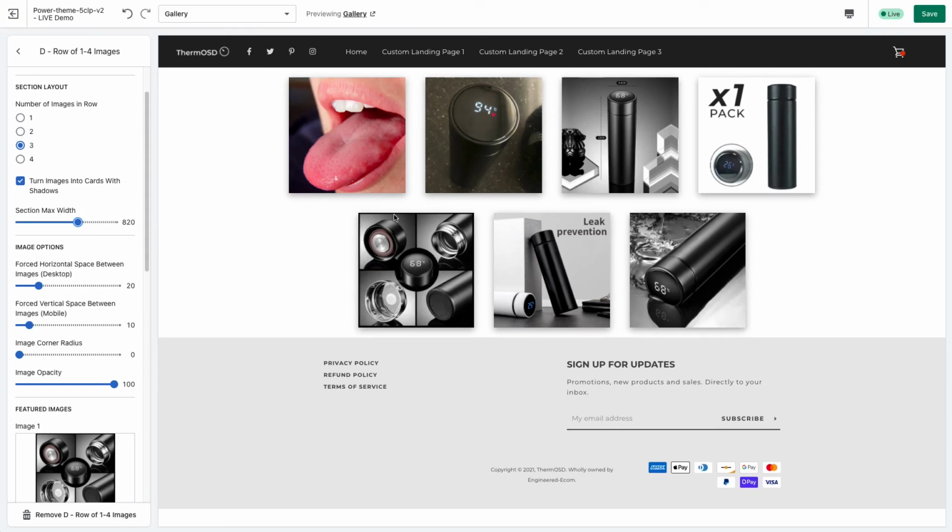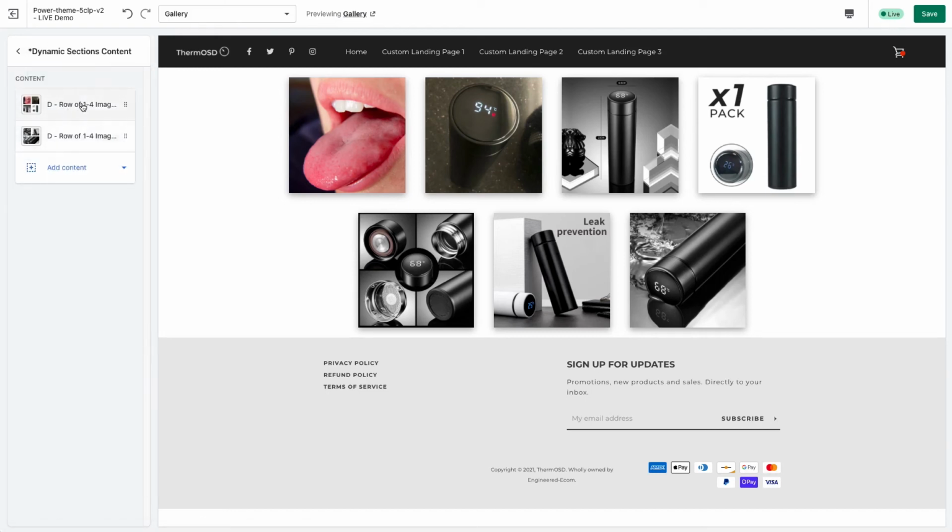Try and get these to match up. So you can see that's a really quick gallery that we just built